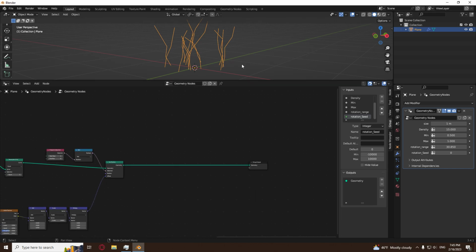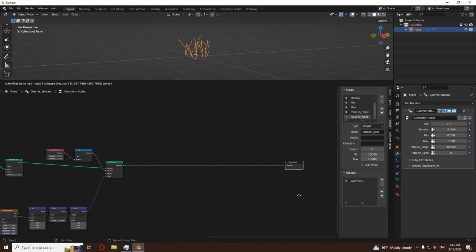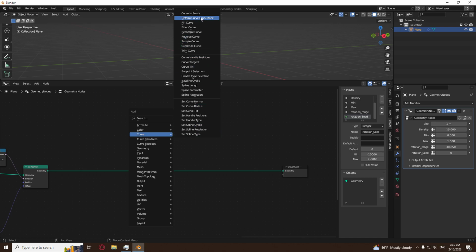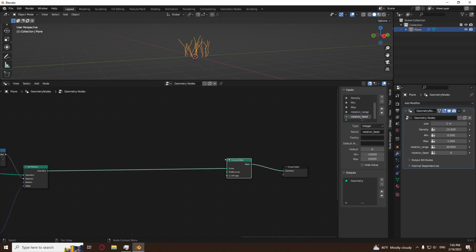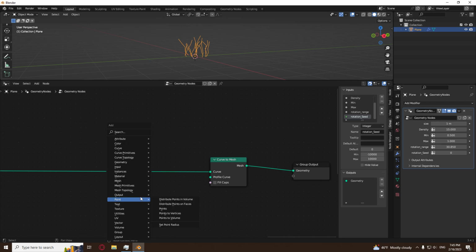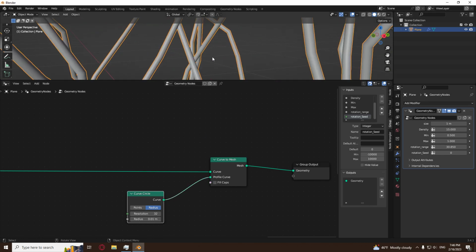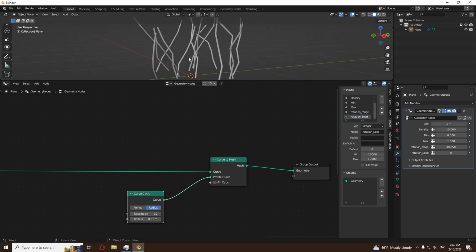This is looking good. Now we need to add to this grass what's called a profile. So I'm going to add a curve to mesh. Now in order to explain what the curve to mesh does, I'm going to pull out a curve primitive of type circle. As you can see, there's an option with curve to mesh that says profile curve. So let me set this radius to 0.1, 0.01, good. When I put the curve circle into here,